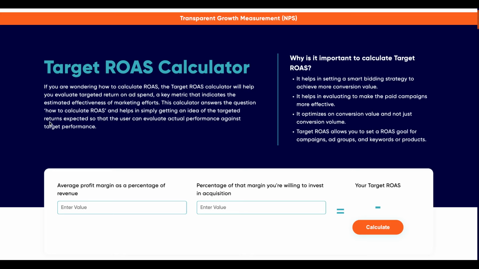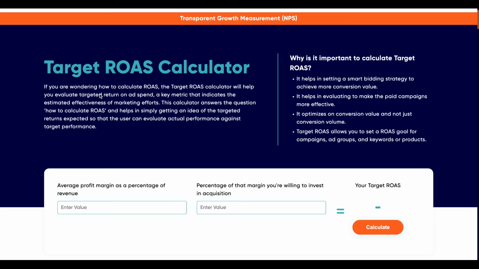In today's video, as you can see, I'll walk you through our target ROAS calculator, a very easy to use interface and a nifty one. So before diving into it, let's understand what target ROAS means. It's an automated bidding strategy, one of the automated bidding strategies provided by multiple advertisement platforms such as Google Ads. Similar to this, there's another bidding strategy called Target CPA, and then you have strategies like maximize conversion, enhanced CPC. So different bidding strategies for different campaign goals, right?